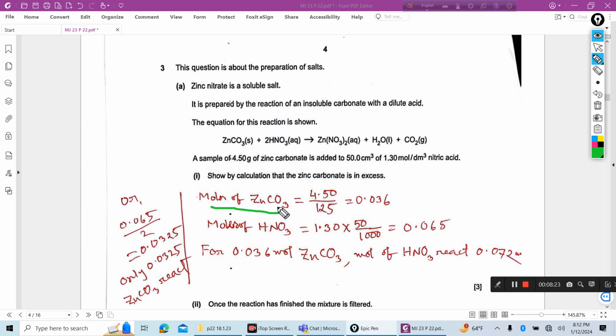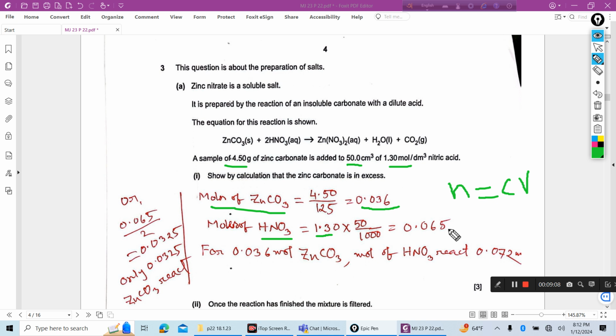First, moles of zinc carbonate as a solid. So for a solid, moles of zinc carbonate equals mass divided by molar mass. Zinc carbonate molecular mass is 125. So you get the value 0.036. Moles of nitric acid, as it is a liquid with volume and concentration given, so n equals CV. Number of moles, concentration is 1.30, volume 50 cm cube. So divide by 1000, you have to convert it to dm cube. This value